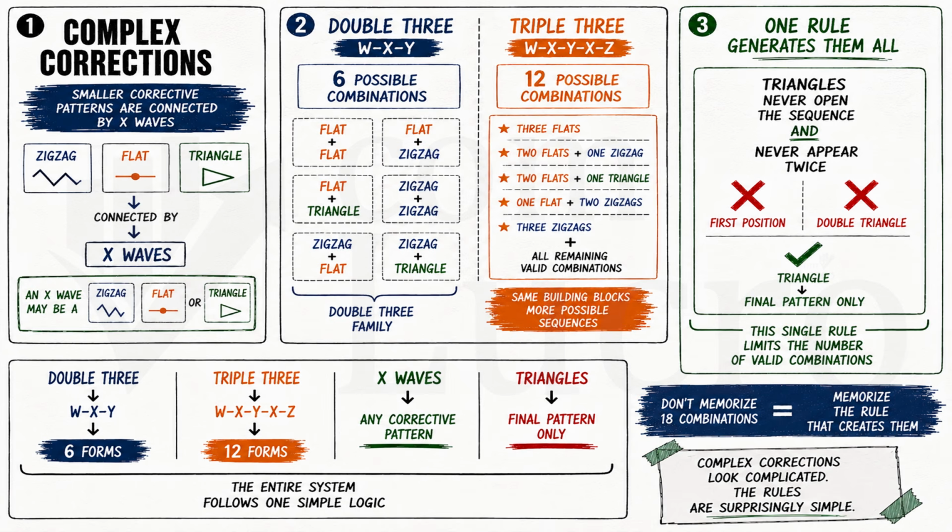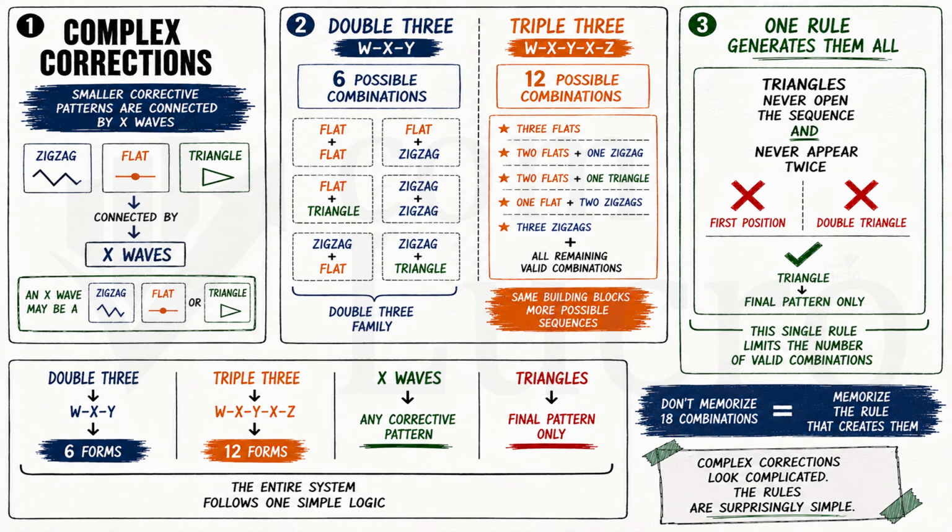Double threes are the simpler of the two, built on a WXY structure, and they take 6 forms: 2 flats, a flat and a zigzag, a flat and a triangle, 2 zigzags, a zigzag and a flat, or a zigzag and a triangle. Triple threes run WXYXZ and take 12: 3 flats, 2 flats and a zigzag, 2 flats and a triangle, a flat and 2 zigzags, 3 zigzags, and the remaining combinations of those same 3 patterns. The X waves that separate them can be any corrective type, zigzag, flat, or triangle,